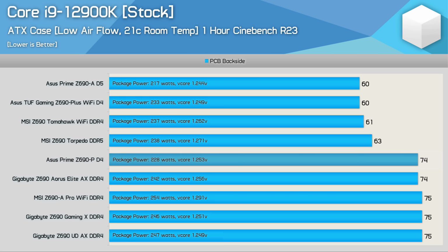Then the Gigabyte Z690 motherboards were quite disappointing, unfortunately. Despite turning in a satisfactory result, they certainly did work well enough, just not as good as competing boards. The Z690 Aorus Elite AX DDR4, for example, reached 74 degrees, and that made it quite a bit hotter than competing boards from MSI and Asus. Interestingly, the Aorus Elite was barely any better than the Gaming X and UD, so I'm not sure what the